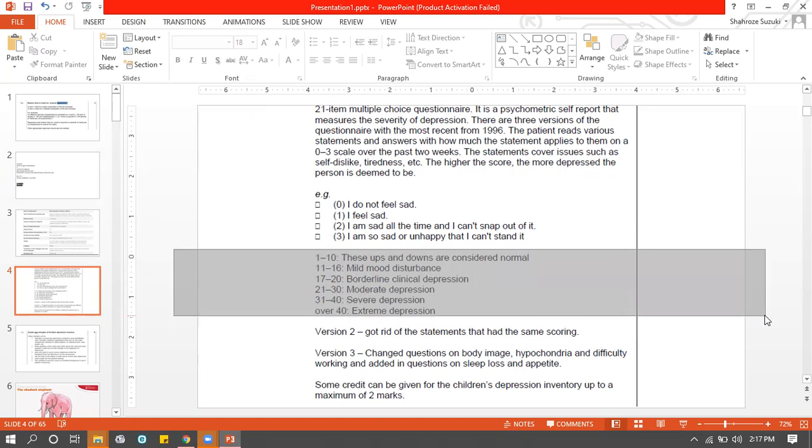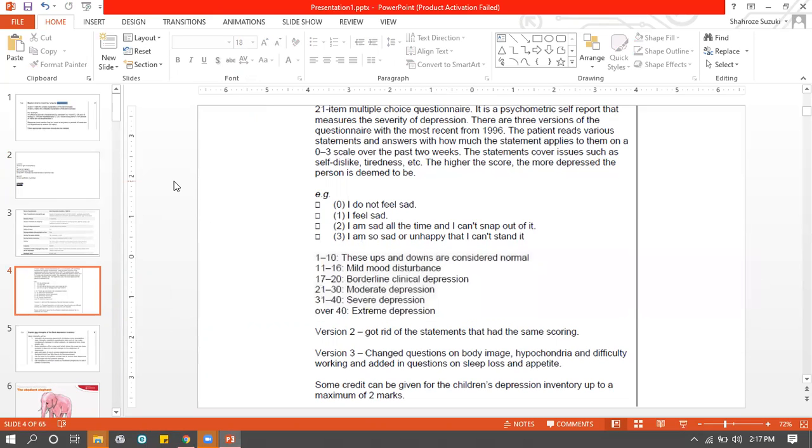As in, if my score comes out as 40, what does it mean? So BDI, Beck's depression inventory, does have meanings for every single score. So you can learn this down. It's written in your marking scheme as well. It's also in the slides that I'm going to send you later on. So it is mentioned there. Also, as I said, you need to memorize the questions as well.